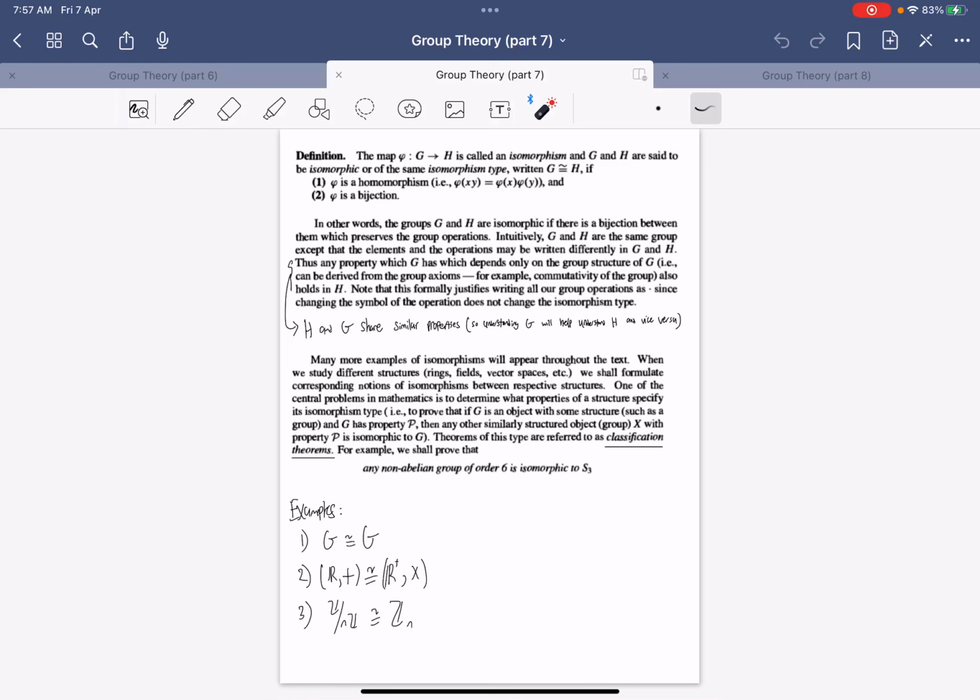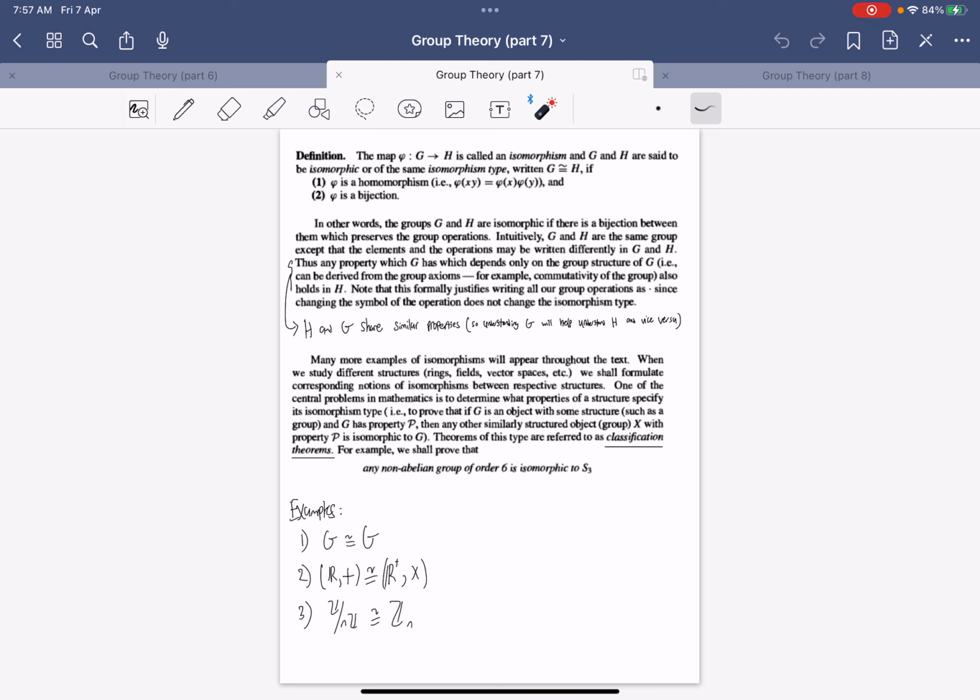Hi, in this video we'll be going through what the isomorphism theorems in group theory are. So let's begin by first defining what an isomorphism is. If you recall from the previous video, we have shown that if a map is a homomorphism, then its inverse is also a homomorphism. And so we can now define an isomorphism to be a function that is both a bijection and a homomorphism. And so the inverse of this function now will be